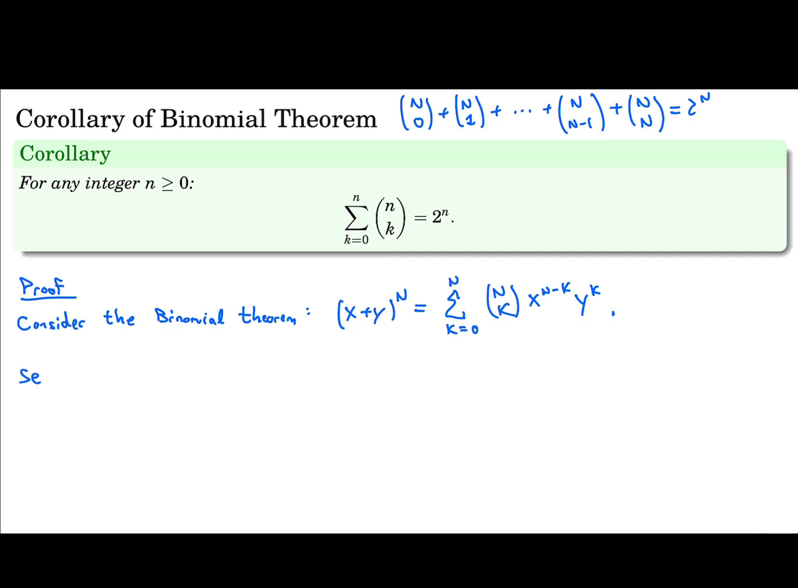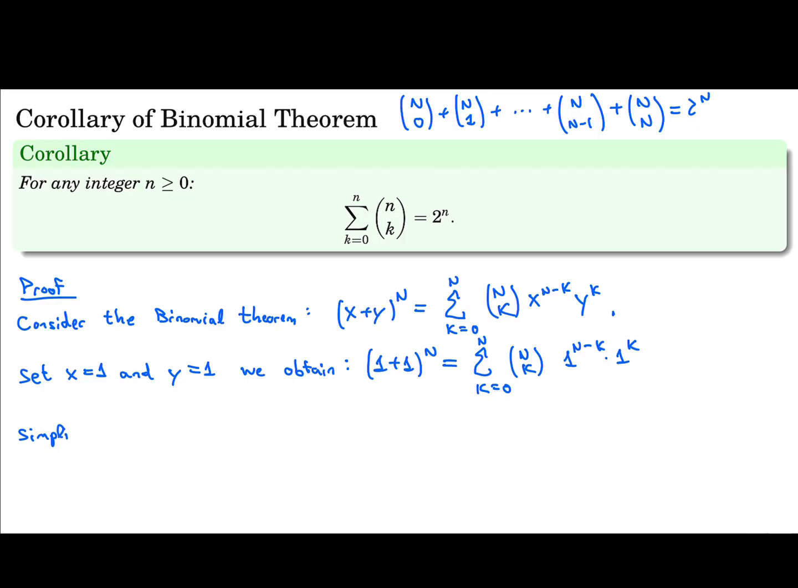And now, if we set x equal to 1 and y equal to 1, we obtain 1 plus 1 to the power n, which will be our 2 to the power n, right? And then on the right, we get the summation of k equal to 0 to n, n choose k, and now 1 to the power of n minus k times 1 to the power of k, and simplifying,